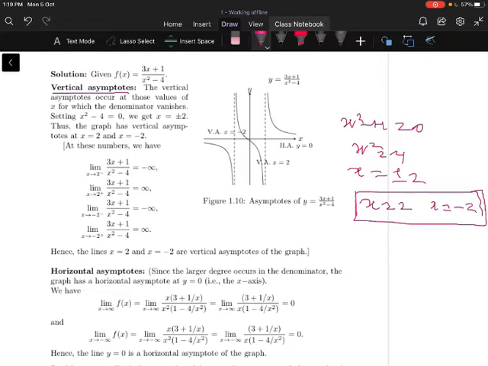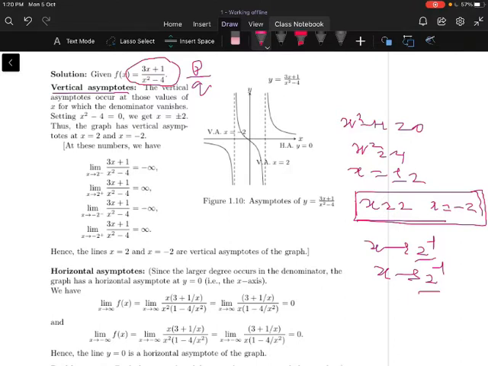To find vertical asymptotes, the given function should always be a rational function, p of x by q of x, where p of x equal to 3x plus 1 and q of x equal to x square minus 4. Yes, we have vertical asymptotes by equating the denominator to 0. Another way to find the vertical asymptote: you take x equal to plus 2 and minus 2. You approach x tends to 2 plus and x tends to 2 minus, from the right side of 2 and the left side of 2. You should get either plus infinity or minus infinity.